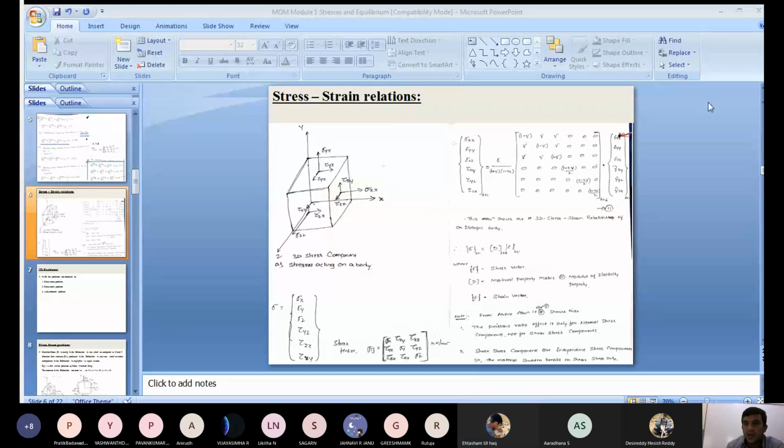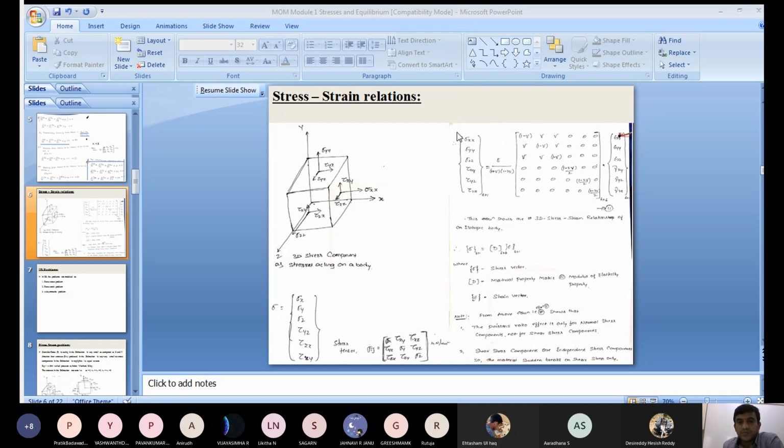Thank you. Now after that, for a three-dimensional component, what will be the stress-strain relationship? This is the matrix you should remember. Stress is directly proportional to strain. To remove the proportionality, we need a constant. That is the proportionality constant you see here. For an isotropic material, iso means same, tropic means direction, so in all directions the mechanical property remains the same. That material is called an isotropic material.